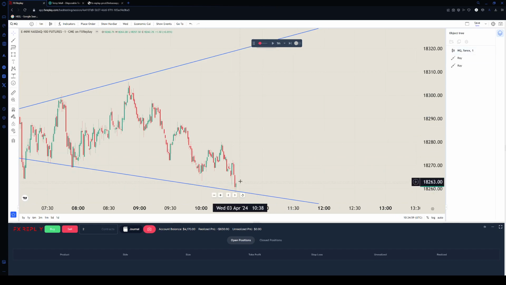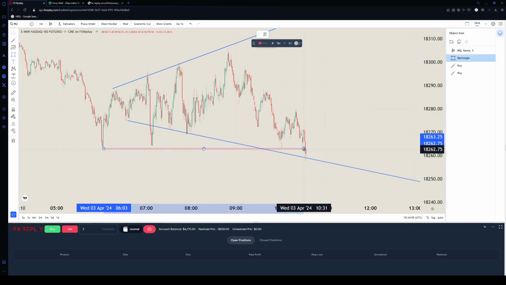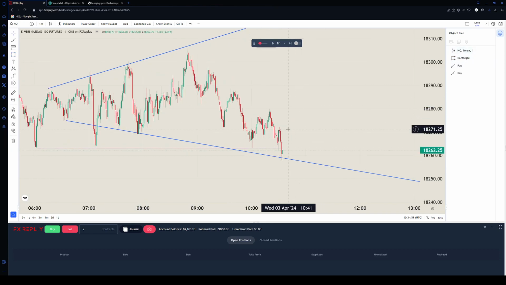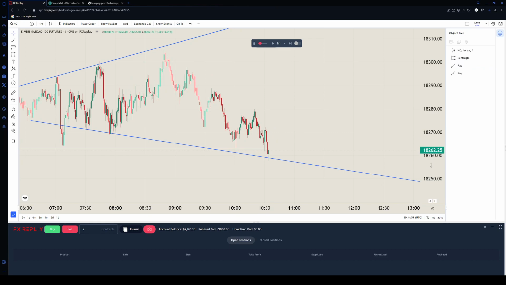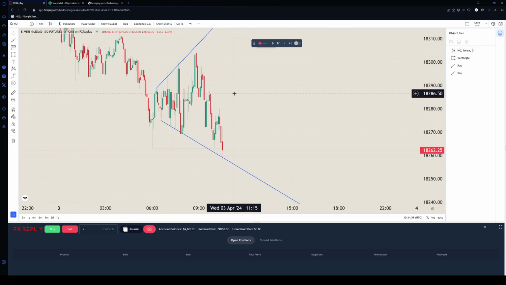There it is. There's the tap. Now, using our other confluences, what else did we do? We took out the sell side right here. So, external liquidity, sell side has been swept. Broadening formation below has been tapped. If we use standard deviations,